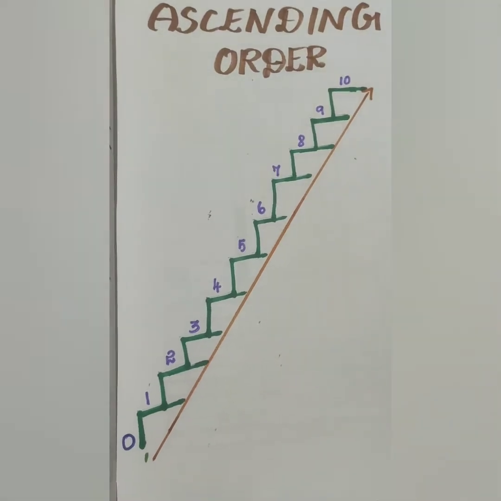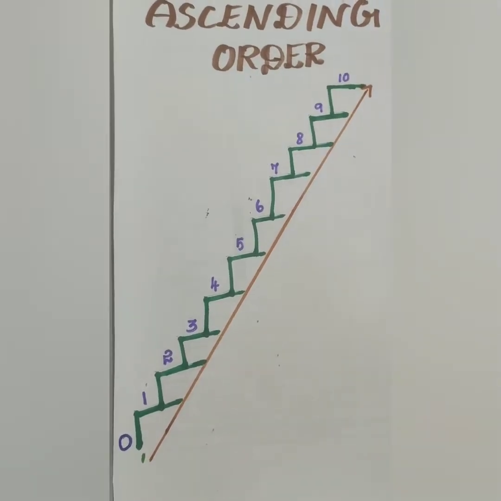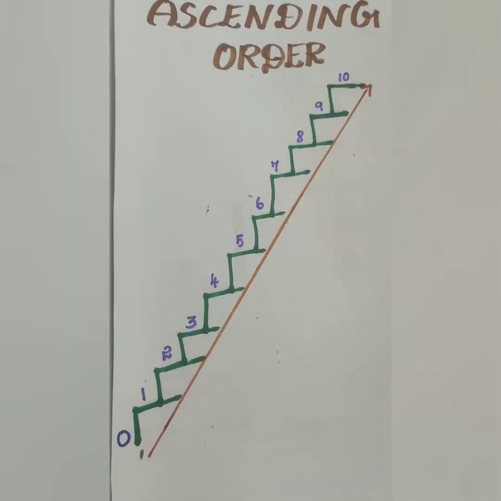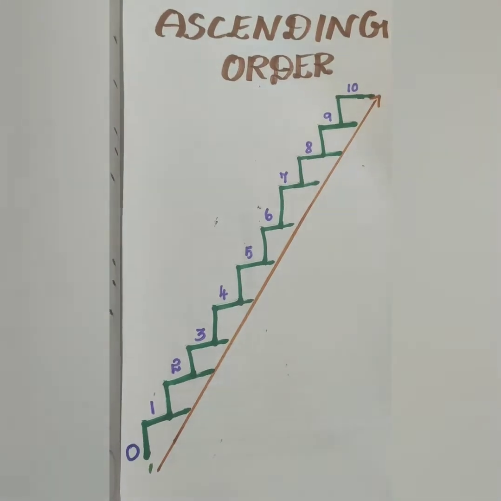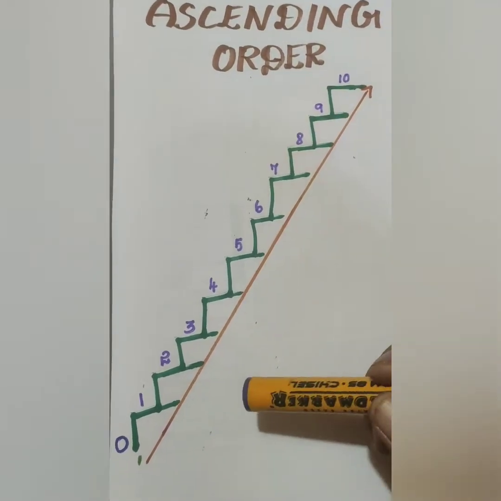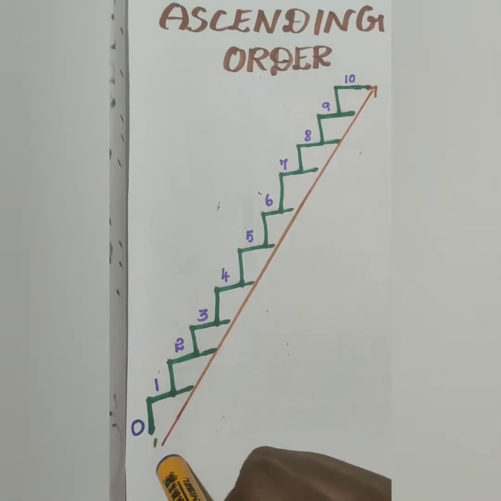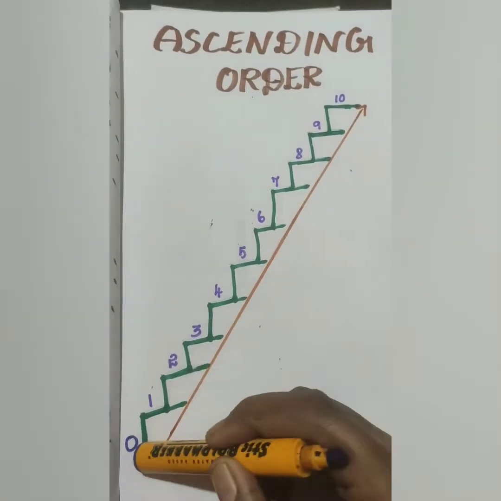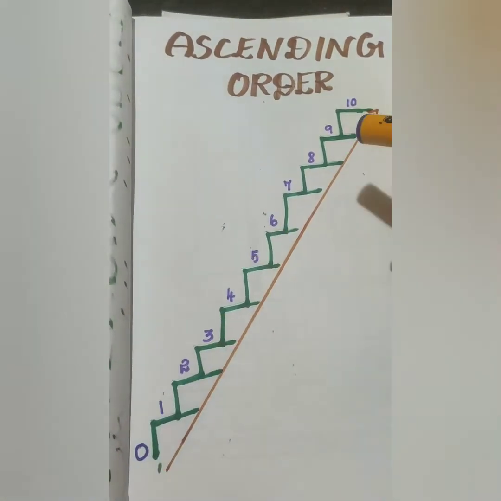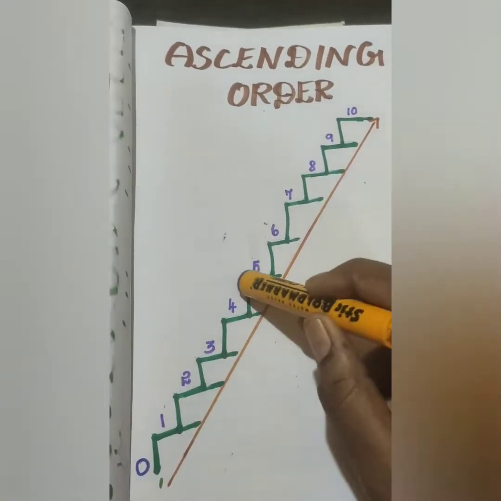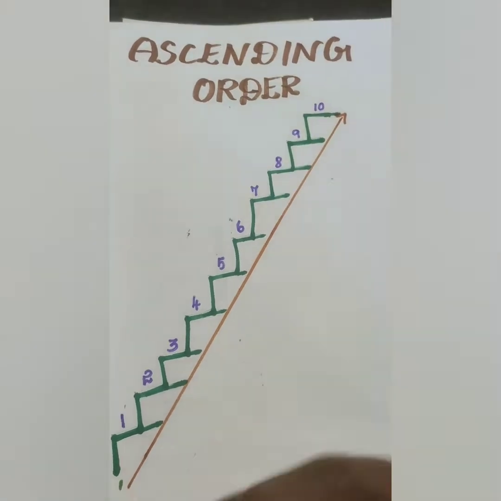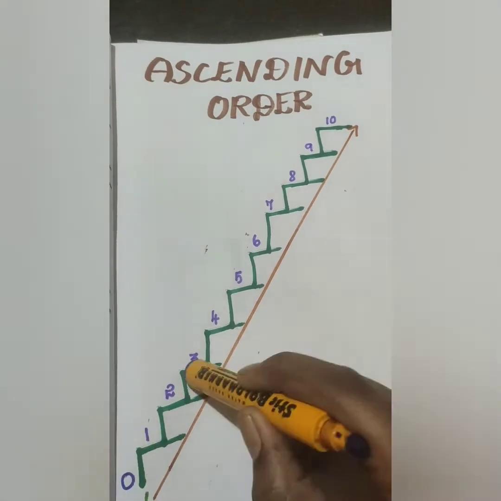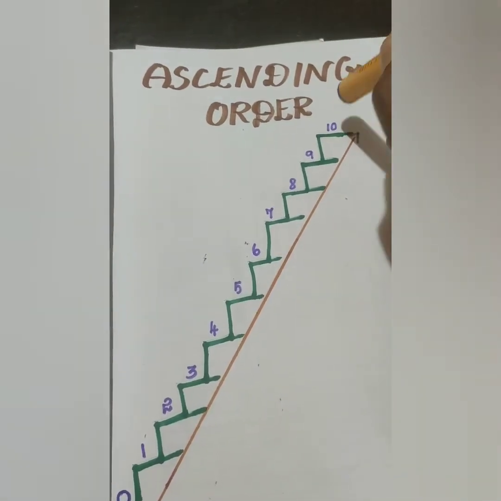Before going to attempt the ascending order, you are going to know about this, children. This is the easiest way to learn about the ascending order. It is a trick. Okay, children. See, what is this? These are steps. So you all are standing here. When you are doing the ascending order sum, you will be here. What you are going to do is, from smaller number to bigger number, climb up the steps. Can you all understand? You can see this arrow symbol. We are going like this. Once you climb up the steps, you can reach the bigger value.